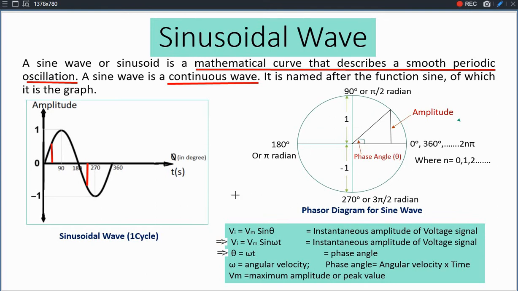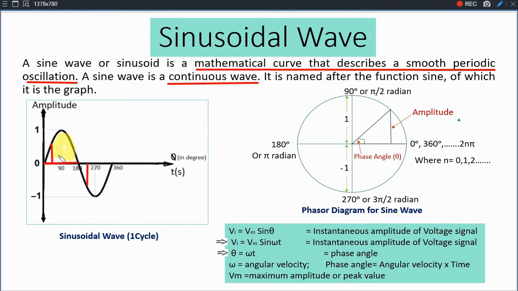As you know, in trigonometry, you might have studied that the values of sine theta from 0 to 90 and 90 to 180-degree phase angle are positive, while the sine theta values are negative for 180 to 360-degree angle. So you have to understand that for 0 to 180-degree, the curve is always in the positive side.